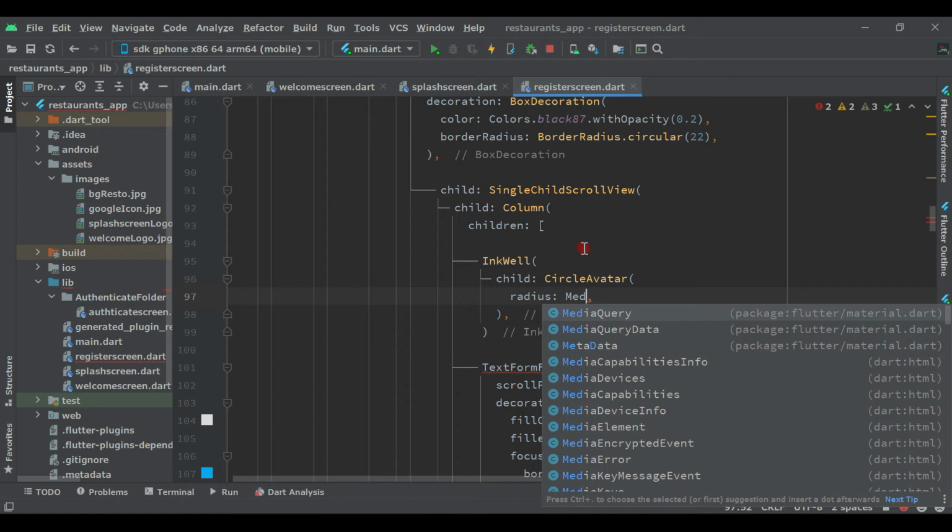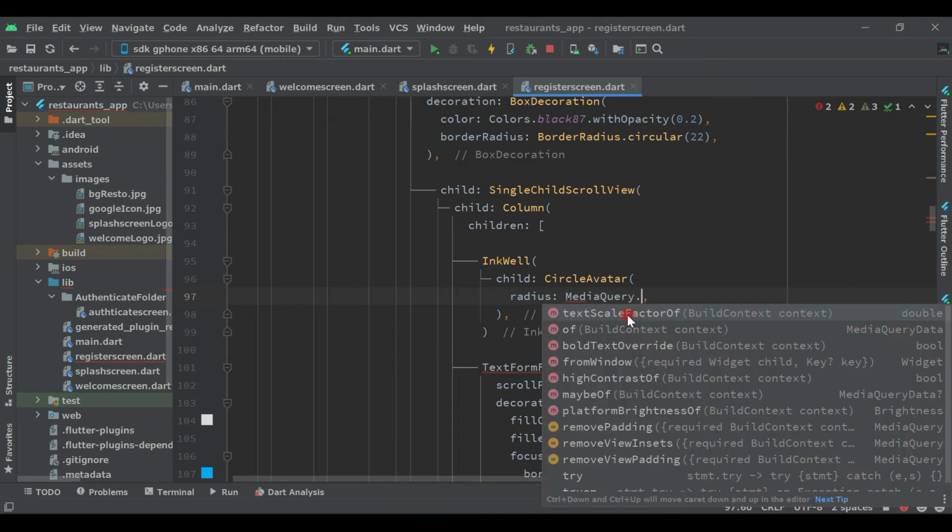Actually, if the user is using any size of mobile screen like 500 pixel, 600 pixel, 400 pixel, any size of mobile screen, it will adjust automatically according to the screen size. So you can say it is media query for responsive, to make the application responsive. So this circle avatar will automatically adjust its height and width according to the mobile screen, whatever the size of mobile screen. So let's say media query dot of context